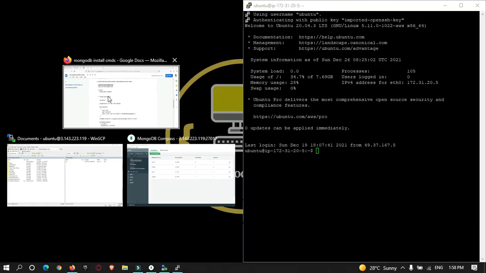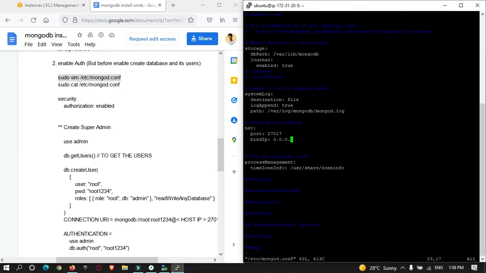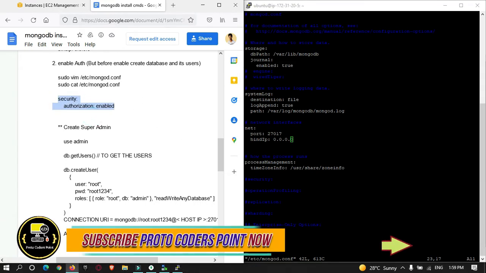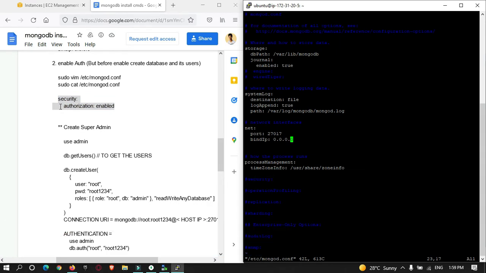I will split the screen, paste it over here, and press enter. You can see I just need to add security enabled. Over here there is a security section that is commented out, so I just need to remove the comment and add this.